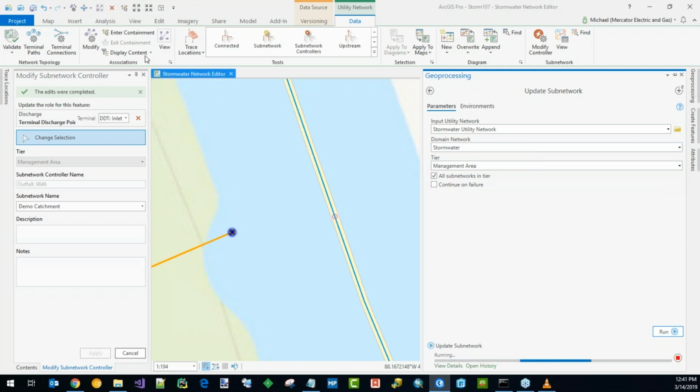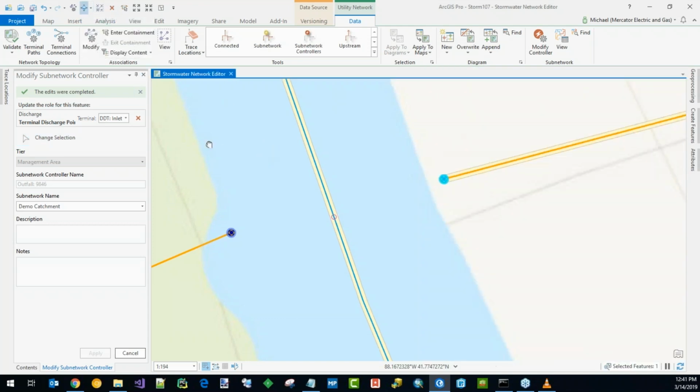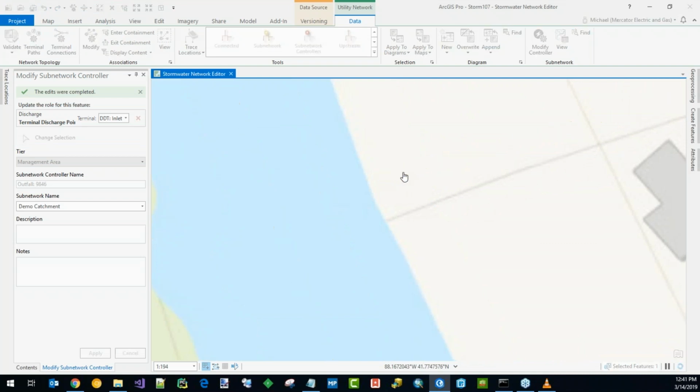And as this is running, we'll see now, pan over a little bit, we'll see the color change from yellow. It'll change to green, so now it's part of a new subnetwork. All right, so I'm going to turn it back to Howard here to wrap up,